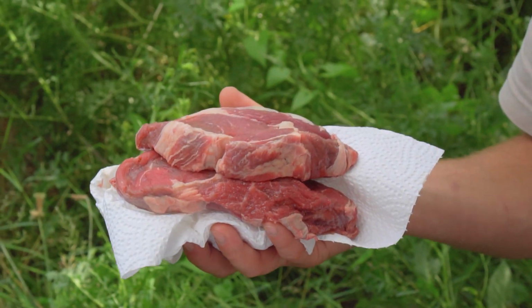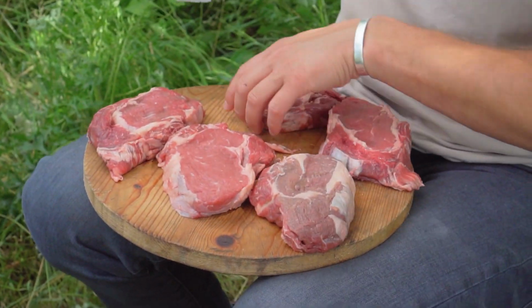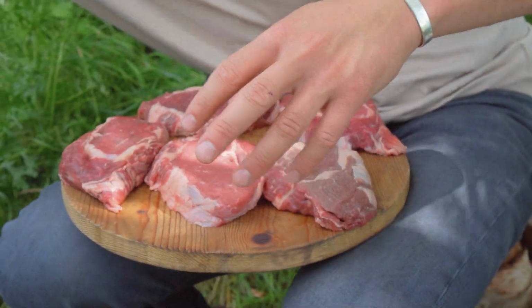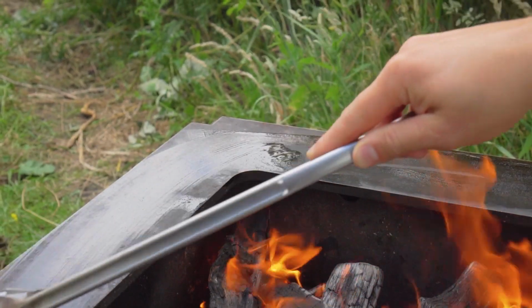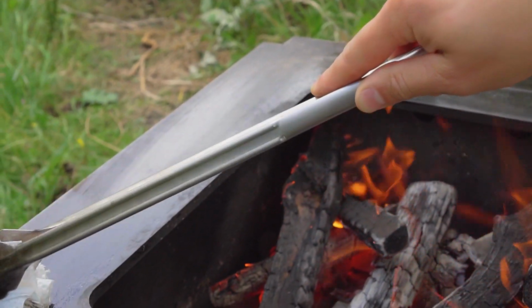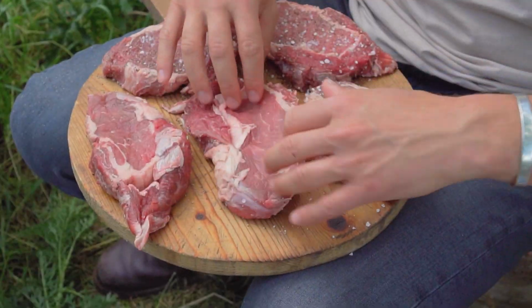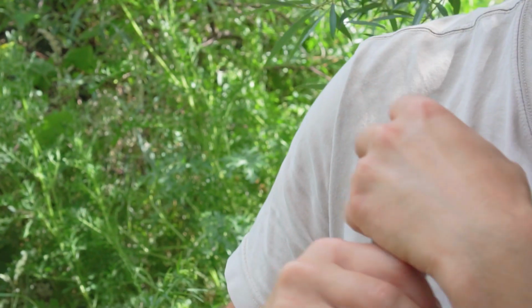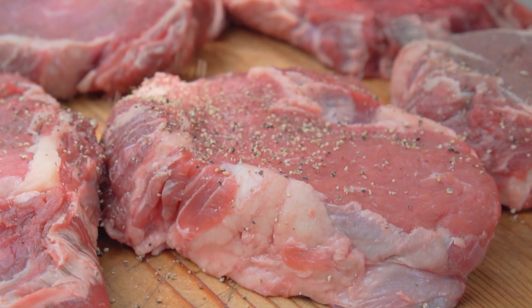This is also a very important step in the process. There's a lot of moisture on the outside. When you put the steak on the hot surface, you don't want that energy to go into vaporizing moisture. You want it to go into browning the steak and getting it done. Oh no, well done. No, not medium rare. Seasoning, a little bit of pepper and a lot of salt. Bada bing, bada boom. And the salt and the pepper is not only flavor, it's also gonna really help create